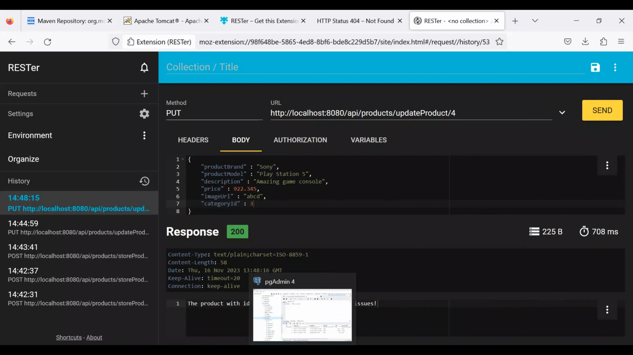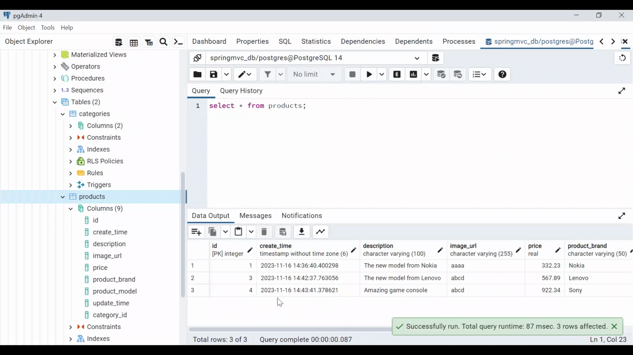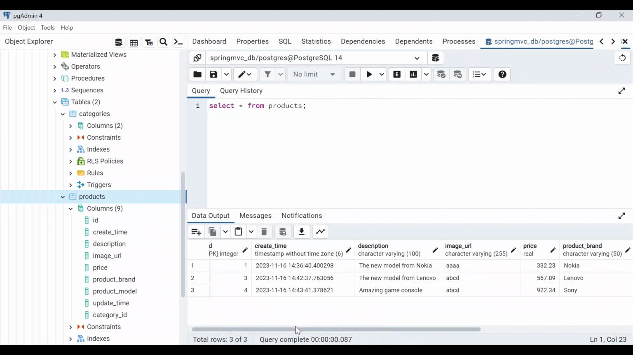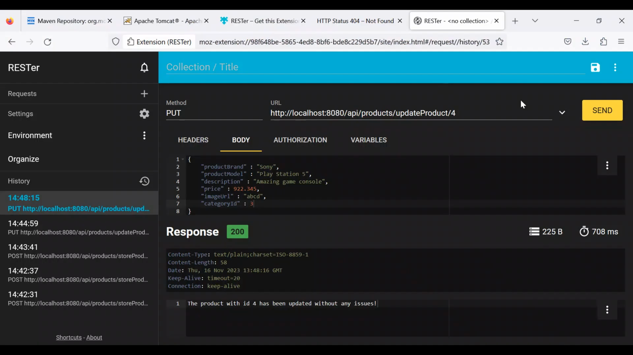Let's check it in the database. We are interested in number 4. It has 1443 as create time. As you can see, update time is 1448, which is great, and category ID has been changed. This is perfect. Now let's try to display all the products, and let's try to update product with number 20